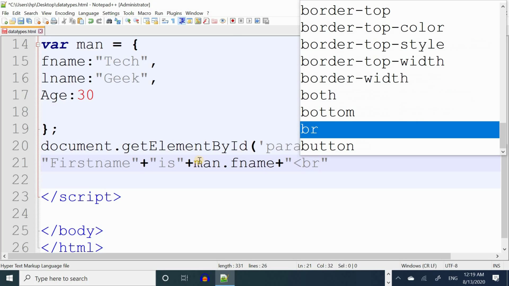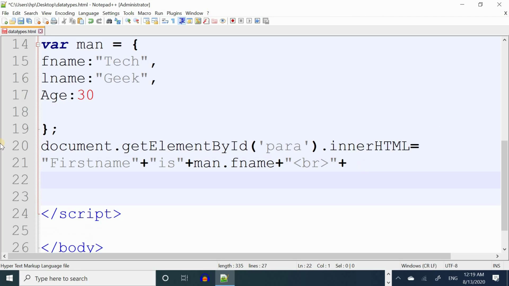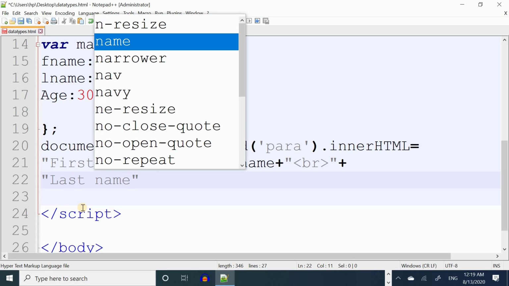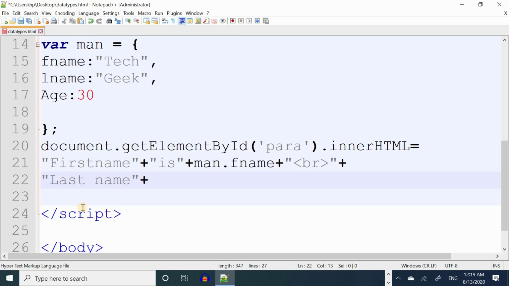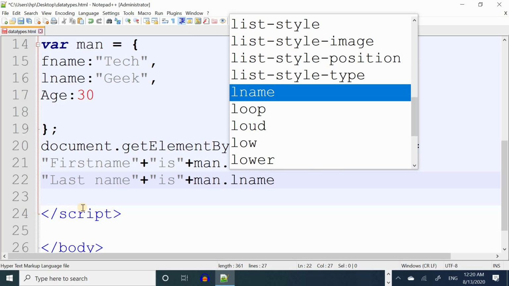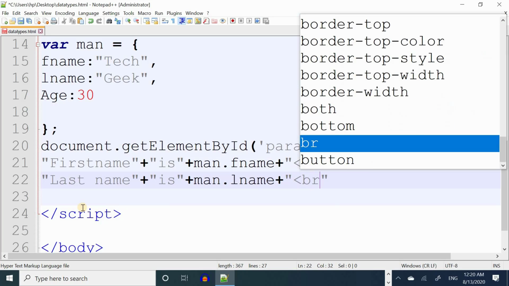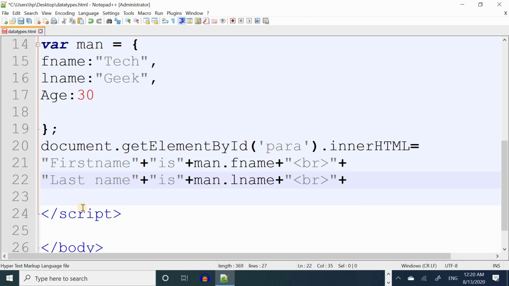For this I would give a line break inside double quotes, then plus, and after it I will print other information, last name plus is plus man dot lname plus br line break